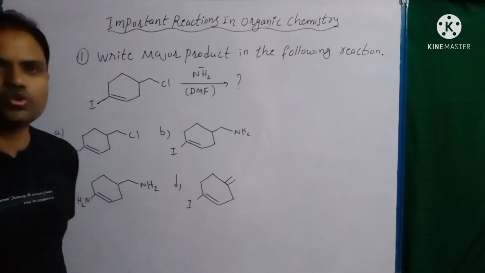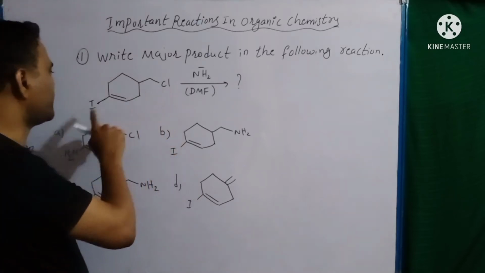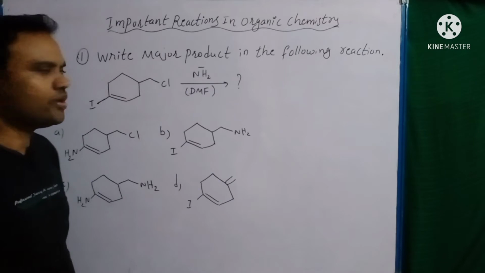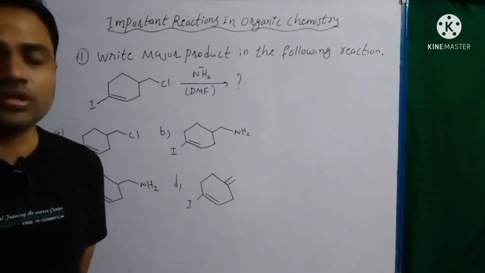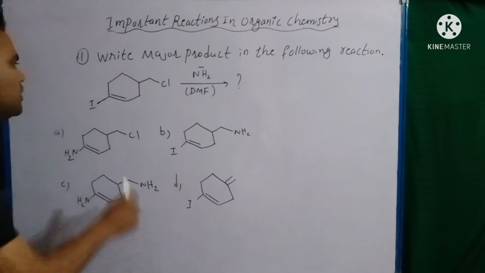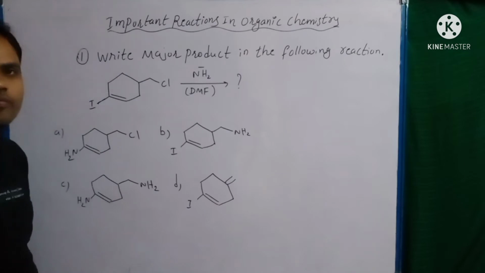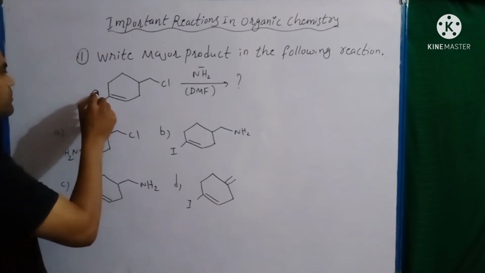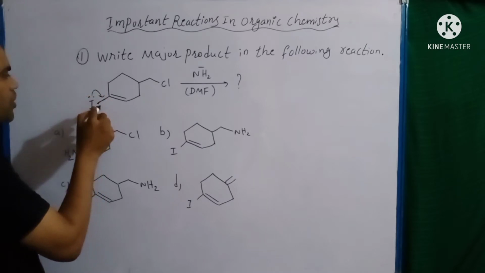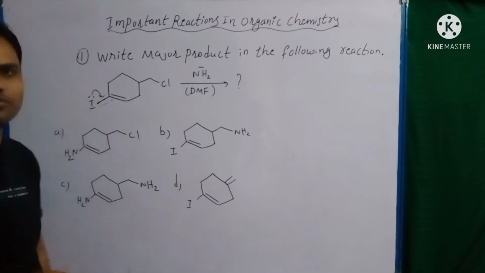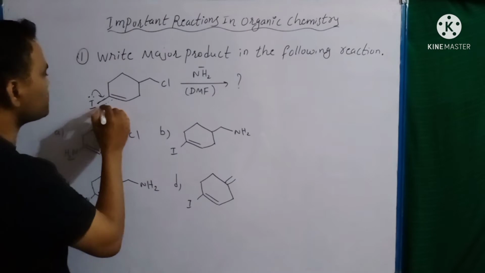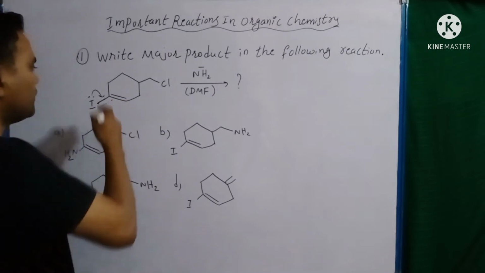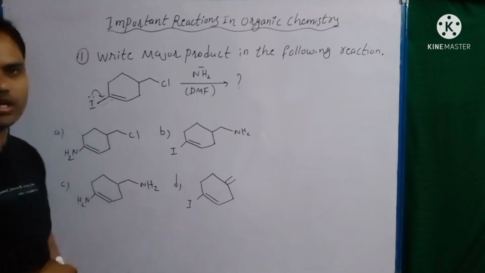Here we have two leaving groups, chlorine and iodine. Iodine is the good leaving group, of course, but iodine is present on a double bonded carbon. It is in conjugation with a double bond. Here partial double bond formation takes place. Because of that partial double bond character,